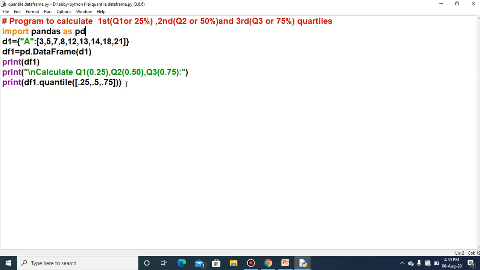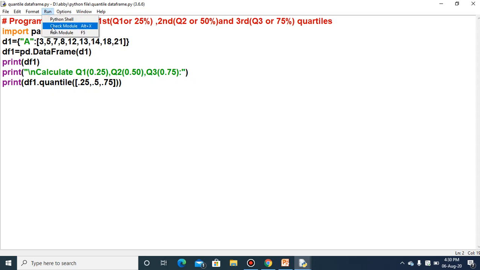0.75. So if I execute this one, the system will generate, according to its function and instructions, which number in this set of numbers will come as the median, which one will come as Q1, and which one will come as Q3, that is the third quartile or 75%.